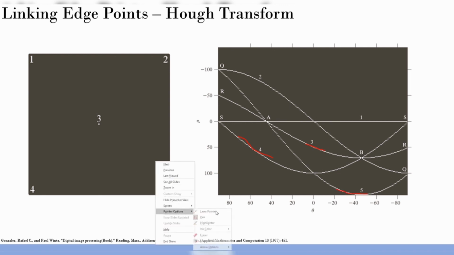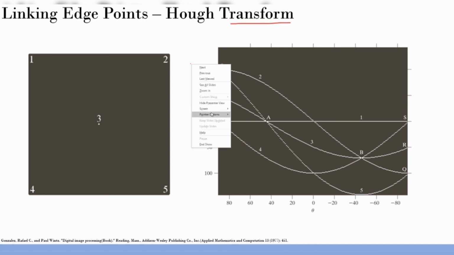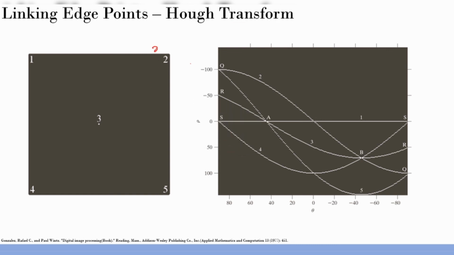So each of these points in this 2D plane has a curve in the Hough transform space. That's why the name transform. We moved away from the xy plane to this particular theta r plane. So always remember that: this one is the xy plane, this one is the r theta plane. That's the only difference. So any point here will form a curve here. And now it's a beautiful aspect.